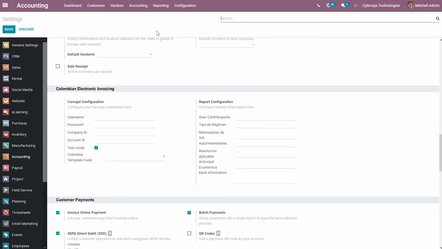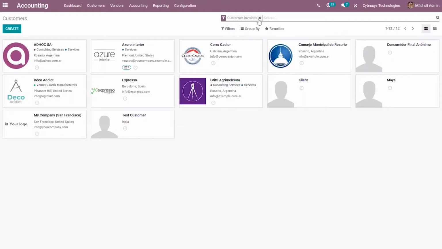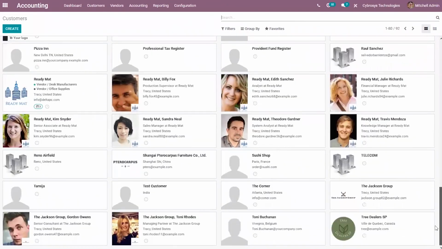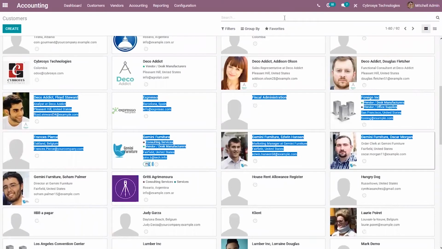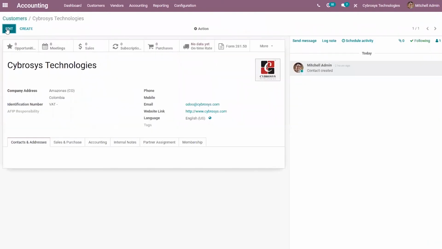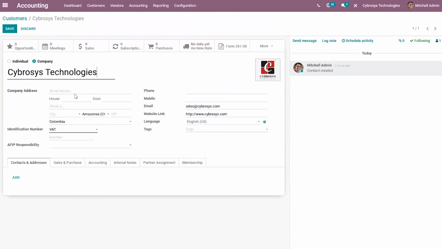Now let's go to a partner form and check additional features available. When you choose a customer, inside the partner form, here we can see an additional field, that is identification number.